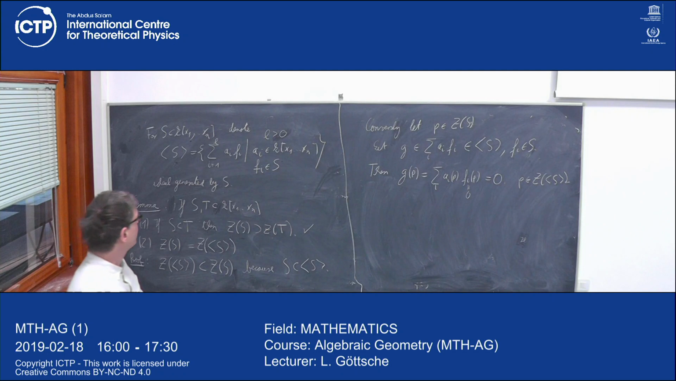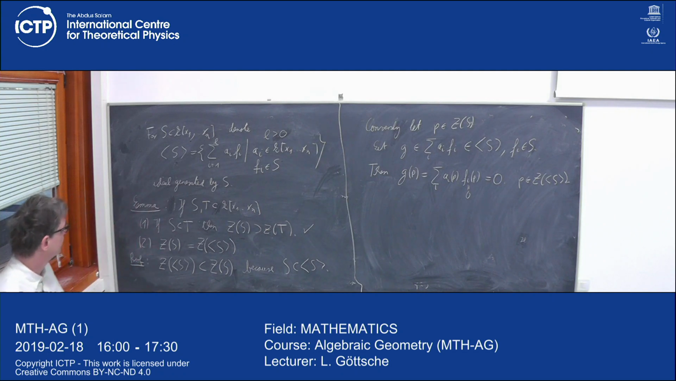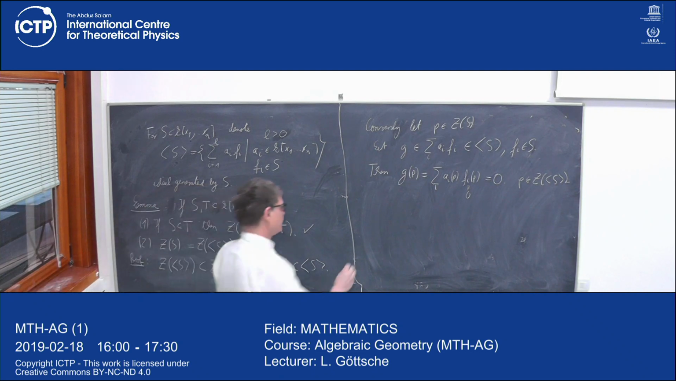Okay, now I want to introduce this Zariski topology that I talked about, which is a topology on A^n to begin with, whose closed subsets are the affine algebraic sets. So to set this up,